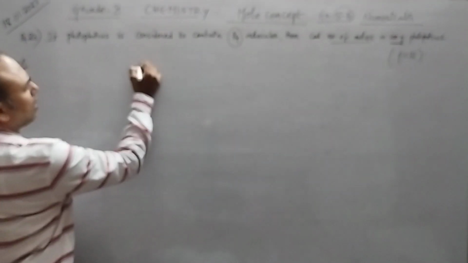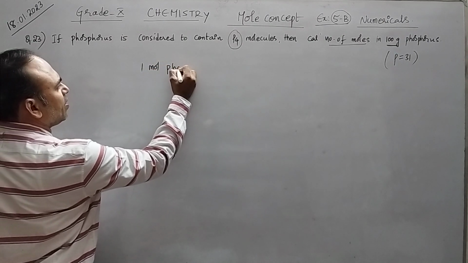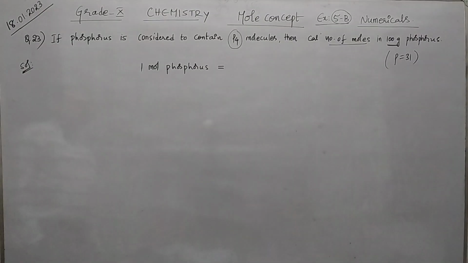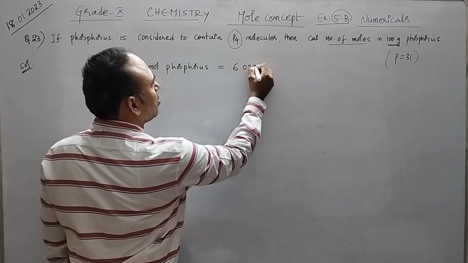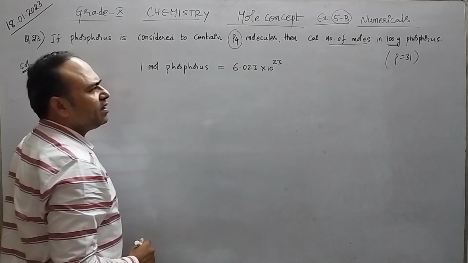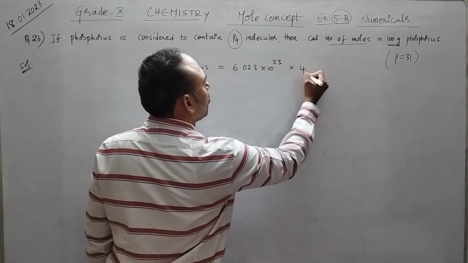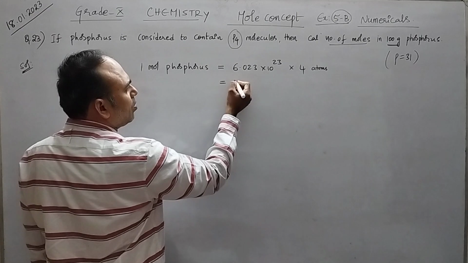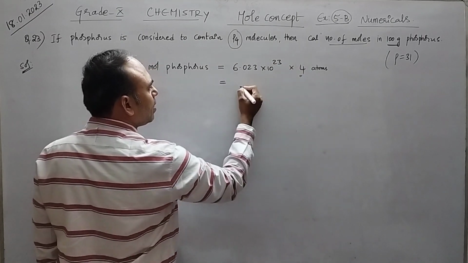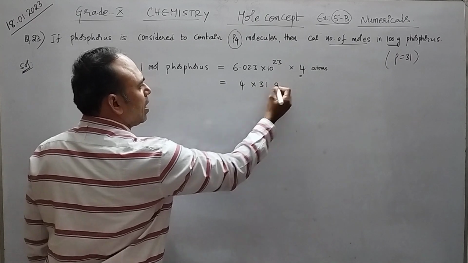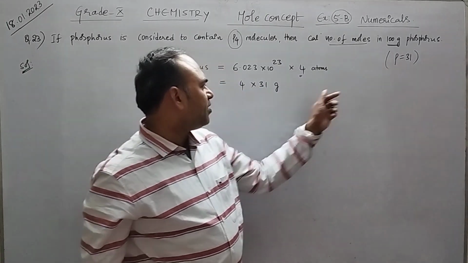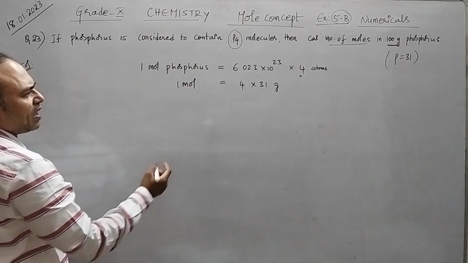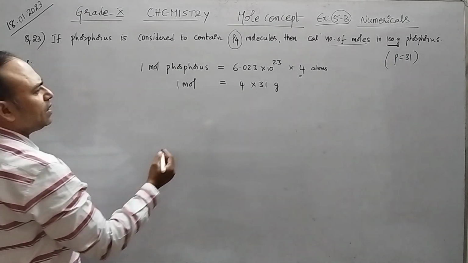Let us write first, 1 mole phosphorus has 6.023 into 10 to the power of 23 molecules into 4 atoms. So this is about phosphorus. And now if you consider what will be the mass of that 4 atoms into atomic mass is 31. So atomic mass of phosphorus is 31, hence we can write it as 4 into 31 grams. So we can write like this: 1 mole of phosphorus has 4 into 31 grams now, and they are asking